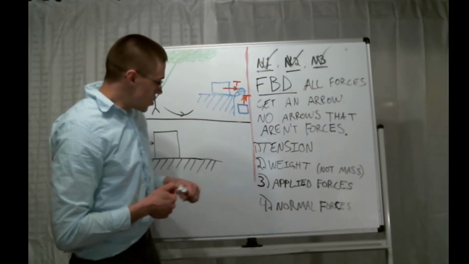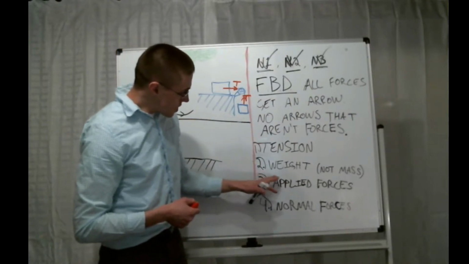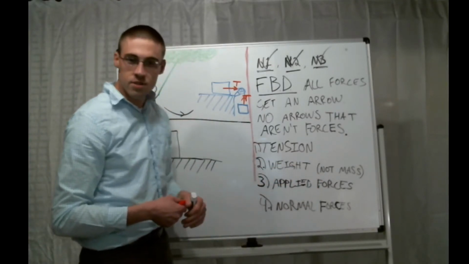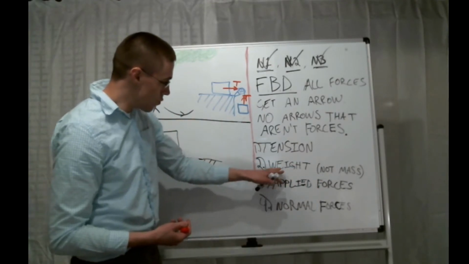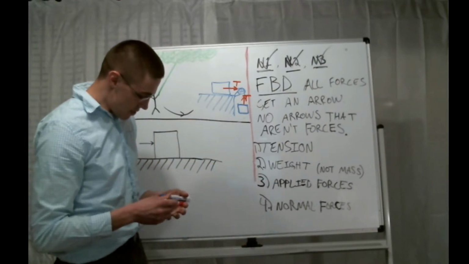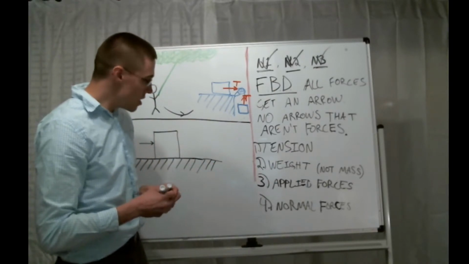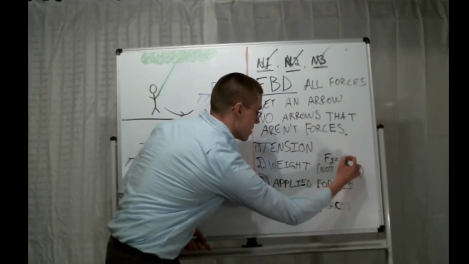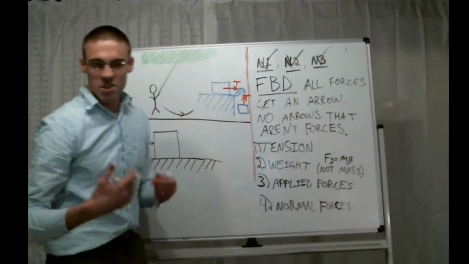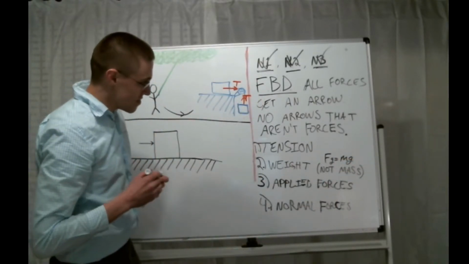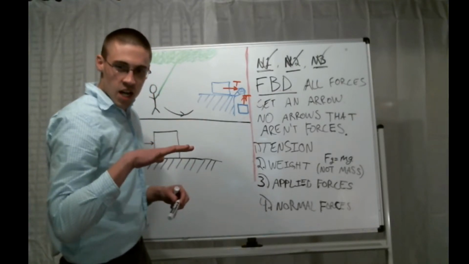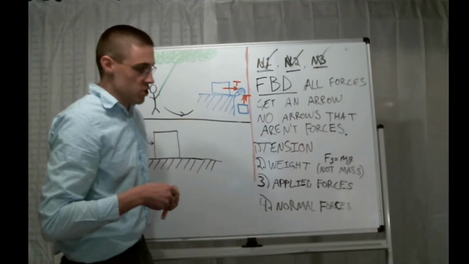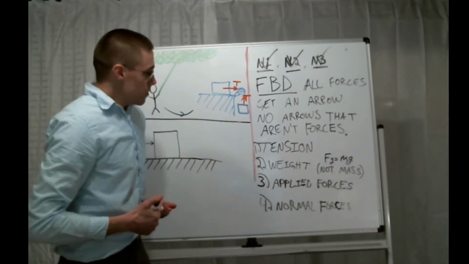Okay, number 2, weight. When I say weight, I do not mean mass. Things that are massive and are in the presence of some gravitational body have weight. Weight is mass times gravity, for the most part. You can watch Walter Lewin's lectures to see that it's a little bit more complicated than that. Like when you're in an elevator, you could argue that weight is different, right? The thing that a scale would read while you're accelerating upwards would be greater than actually mass times gravity, but